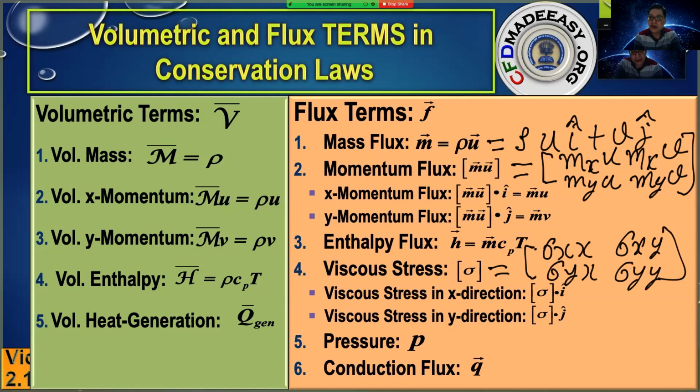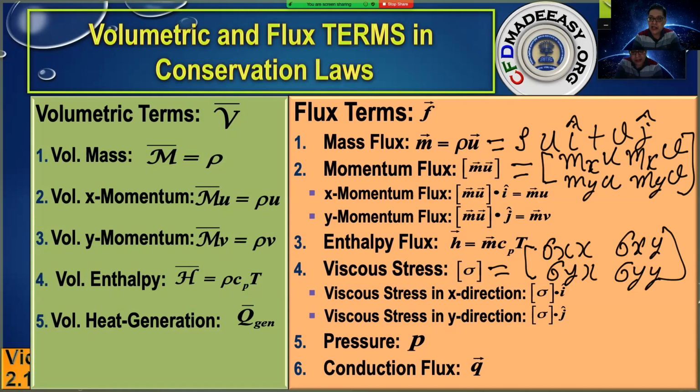So you know that the flux terms in the momentum conservation law, you encounter this momentum flux or momentum flow rate or this viscous force or viscous stress. In the momentum conservation law, the flux terms you are seeing are second order tensors. Now what is a second order tensor? In a scalar, you don't need any direction. In a vector, you need one direction. Now in a second order tensor, there are two directions. So a vector is like a first order tensor. And so in the momentum conservation law, you encounter fluxes which are second order tensors.